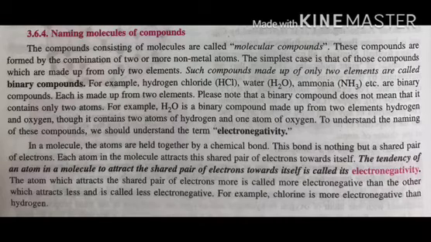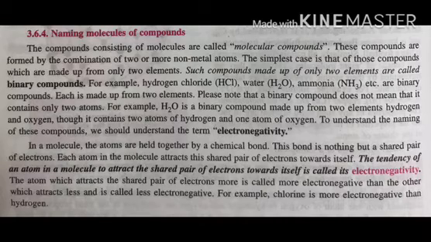Please note that a binary compound does not mean that it contains only two atoms. For example, H2O is a binary compound made up of two elements, hydrogen and oxygen, though it contains two atoms of hydrogen and one atom of oxygen. To understand the naming of these compounds, we should understand